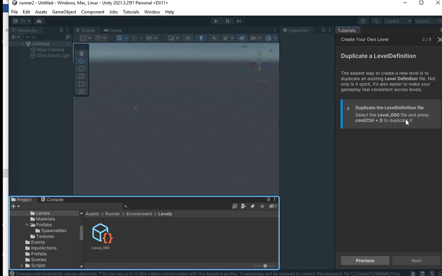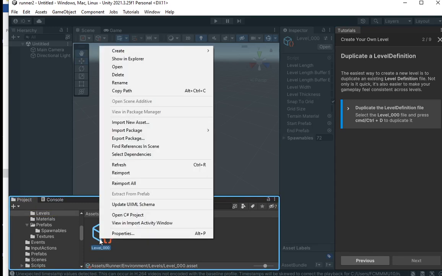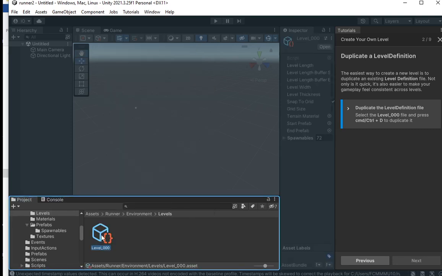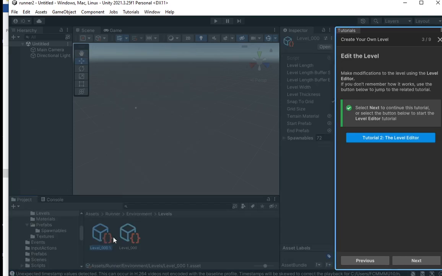Duplicate the level definition. Select level and press Control D. So this one, you should duplicate it. Either you copy and paste, or it says to use Control D, the easiest. Control D. Okay, so now you've got two of them, 000 and 001. Okay, next,